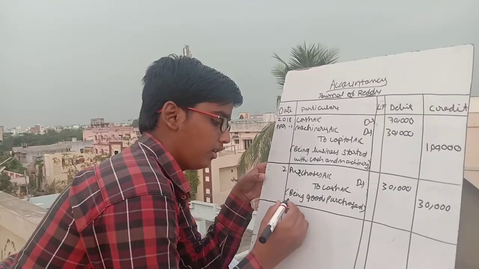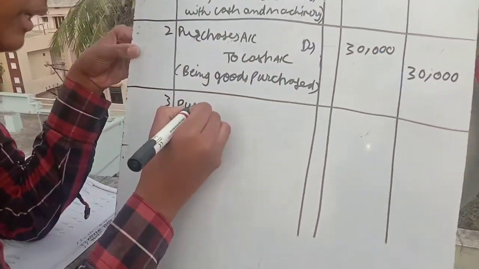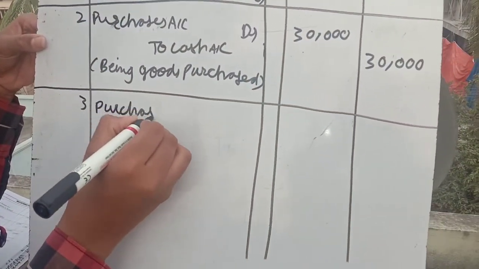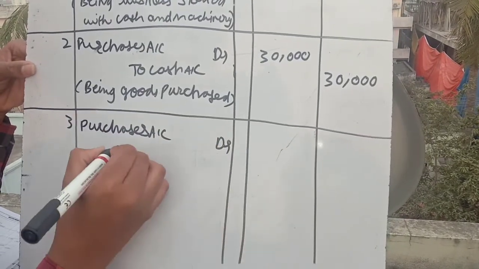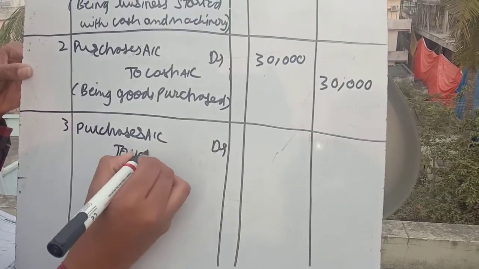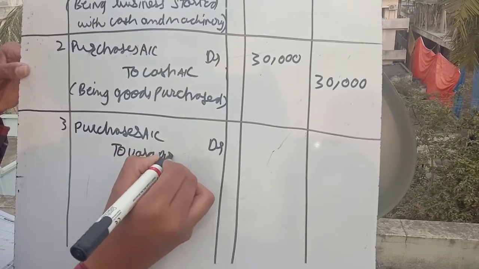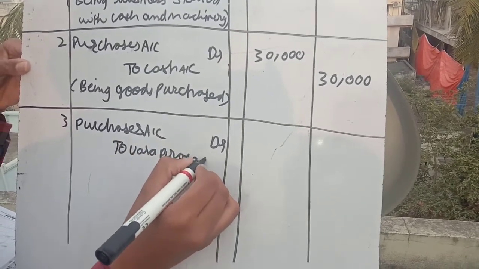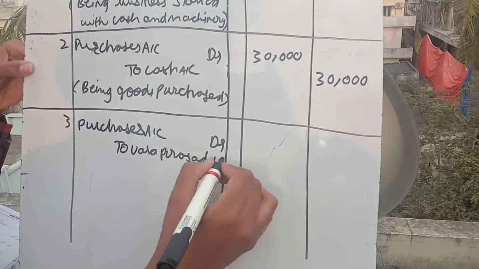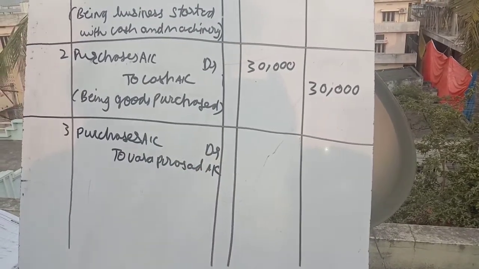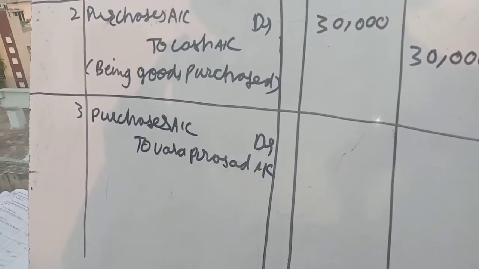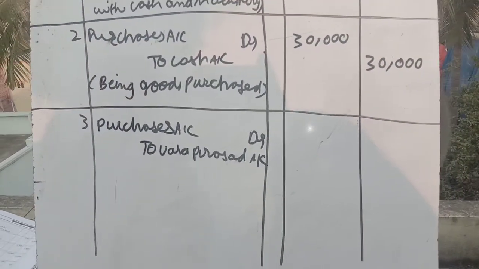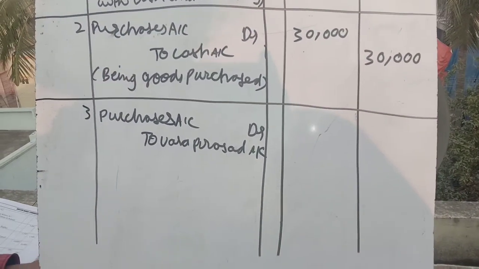So here the entry will be the same: purchases account debtor to Varaprasad account. So here Varaprasad is a creditor, he is giving credit to us. So while writing the amounts, we have to be careful. The amount is given 10,000. So here we can see the groundwork: